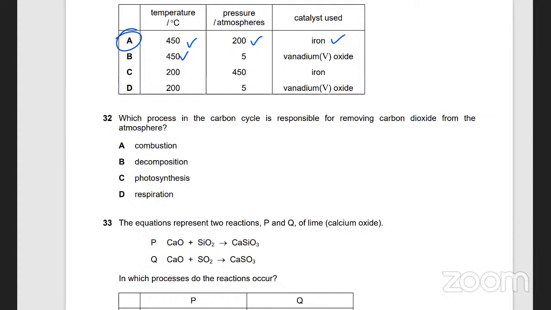Photosynthesis, from atmosphere. हाँ तो ठीक है, photosynthesis, ठीक है, remove। बाकी combustion, respiration भी produce carbon dioxide, combustion, burning produces carbon dioxide, decomposition produces carbon dioxide, जब वो decomposition of carbonates नहीं था, तो they would also produce carbon dioxide, ठीक है।